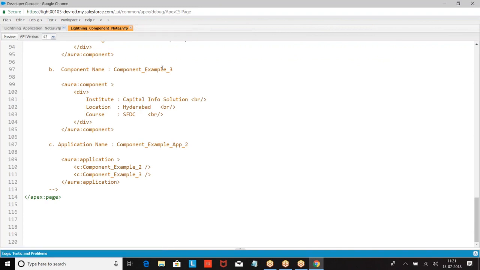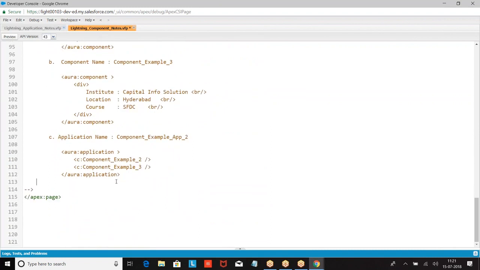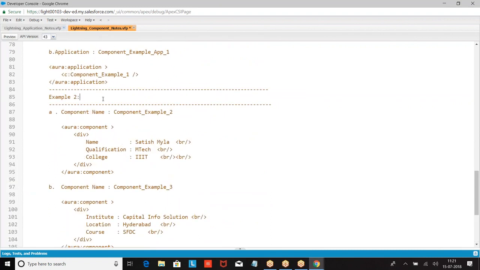Can I call a component within a component? Next example, you want to understand calling a component within a component. We have seen this example as invoking multiple components within the application.